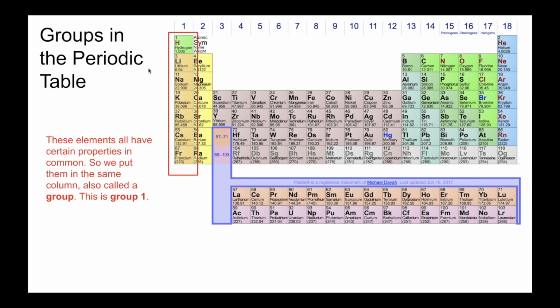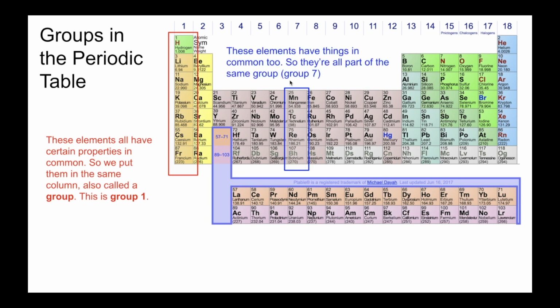These elements all have certain things in common, so we put them in the same group, in the same column, which is also called a group. This is group number 1. Okay, here's another example, group number 7, the one we just looked at. These elements also have certain things in common. We're not going to go through what those things are right now, but just be aware of the fact that